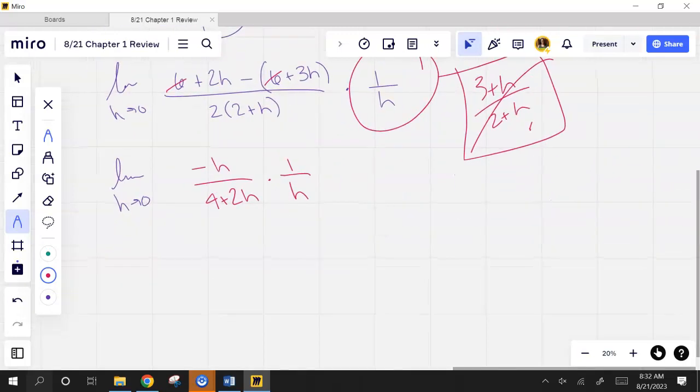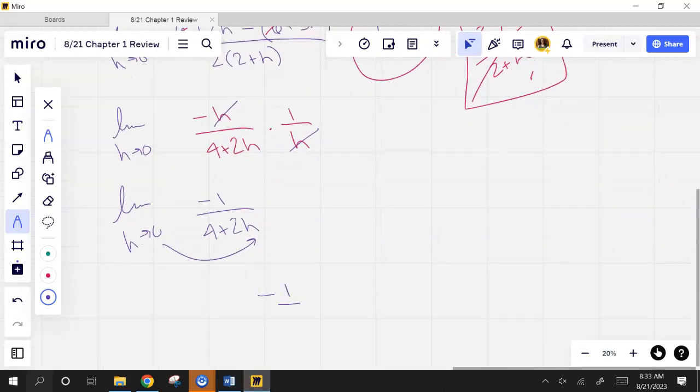All right, so now I'm on the right track. I was right. Y'all were questioning, but I may get negative 1/4. All right, so an h in the bottom and h up top. I have negative 1/4 plus 2h. Now I can put that 0 in. And I get